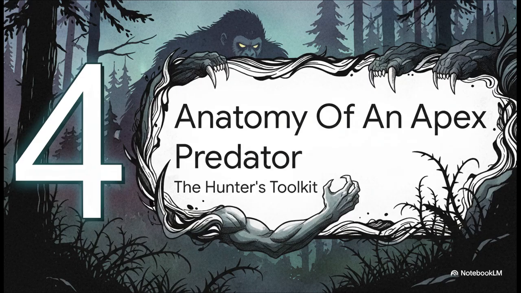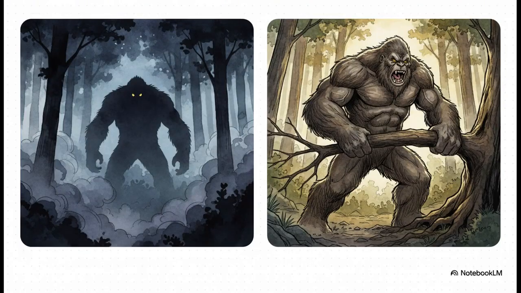So what makes this subspecies such an effective hunter? Well, it's this incredible combination of unbelievable stealth and just overwhelming power. Let's break down its offensive and its defensive capabilities. The Venator uses this amazing dual strategy. On the one hand, it's a total ghost, using stealth, darkness, and psychological warfare like screams and tree knocking to defend itself and confuse its prey. But on the other hand, it's an absolute powerhouse, using ambush tactics, brute strength, and even using projectiles.